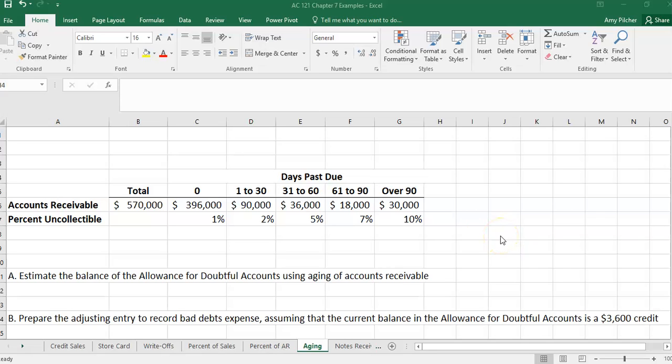The next method for estimating the uncollectible accounts is the aging of receivables method. In the aging of receivables method, we recognize that the older an account is, the more likely it's going to be uncollectible. So we separate out our accounts receivable into the number of days that it is past due. And then we give each section of days a different percentage uncollectible amount. So when we're trying to estimate the balance for our allowance of doubtful accounts,